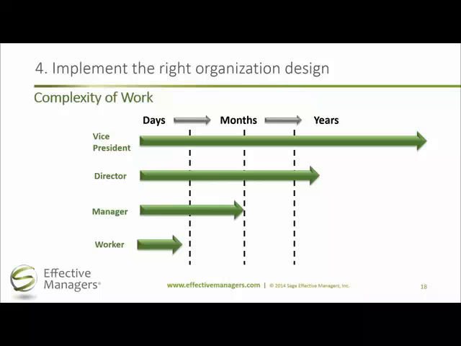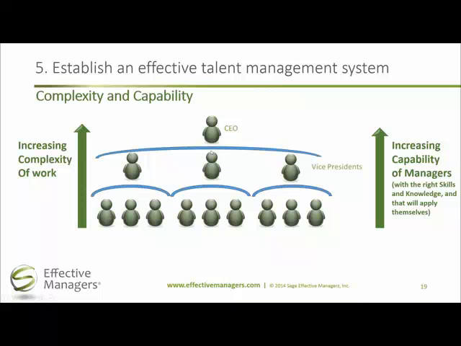So that is much more complex work. So in organization design, the key is understanding in your organization the complexity of work and aligning the layers of your organization to that complexity. That brings us then to the fifth, which is closely related to the fourth. Once you have the organization design in place and the correct number of layers with the complexity of work aligned, it's important then to have a talent management system in place to ensure that individuals with the right level of